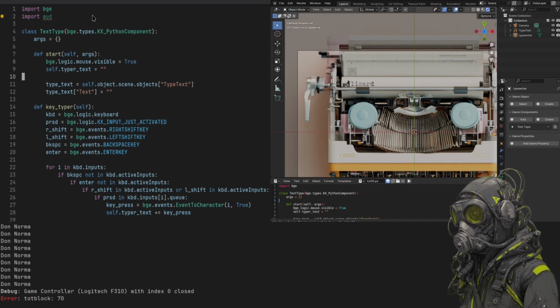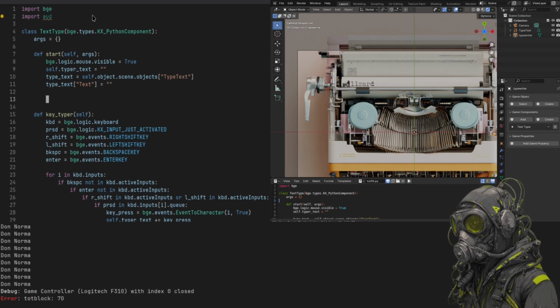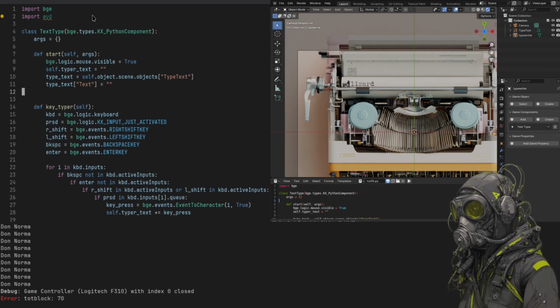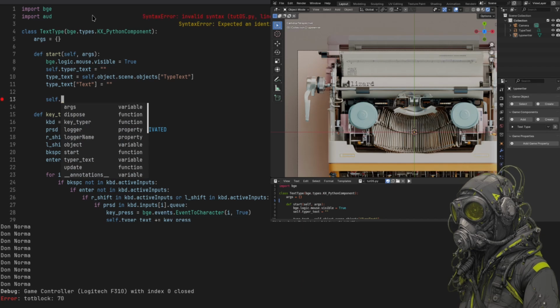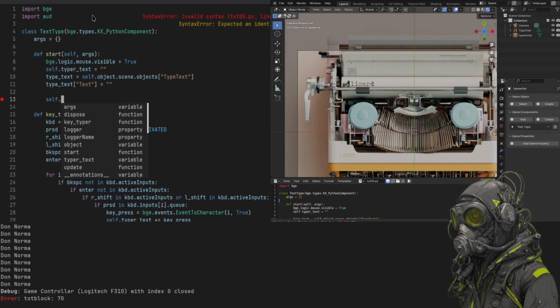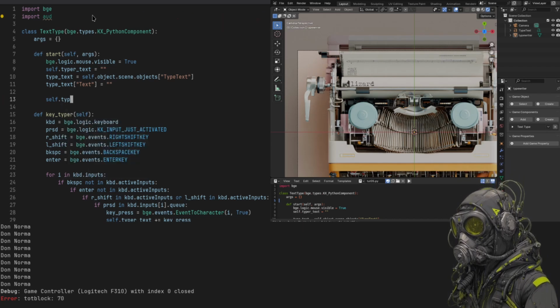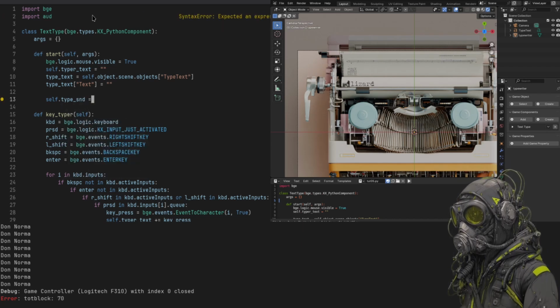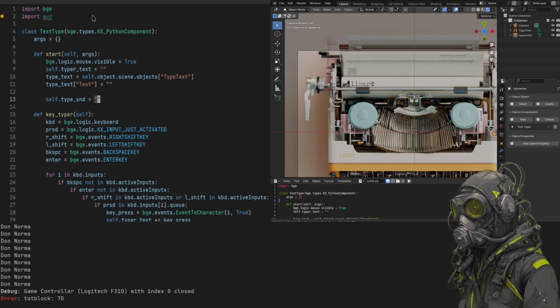And then we need to create some sound strings here. So we'll do self dot type sound is equal to, and then we got to navigate to